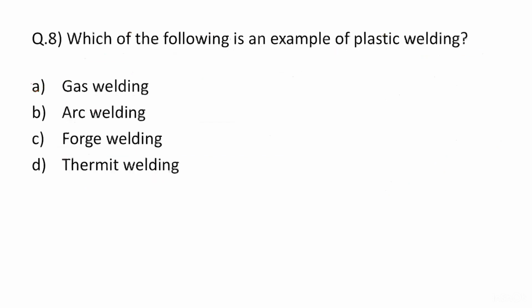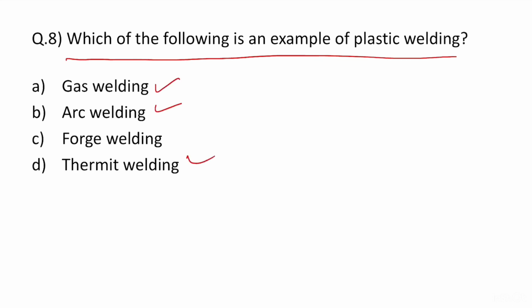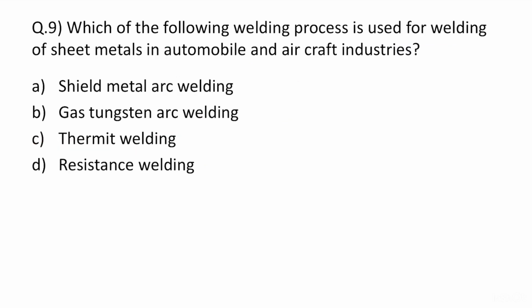Now the eighth question is, which of the following is an example of plastic welding? So plastic means the deformation will not happen in this and this. We are doing deformation in forged welding. Okay, first we increase the temperature, then we put the two surfaces like this, and then we hammer from here, so that they will get welded or they will get attached. So the answer is C. Forged welding is generally, if you have seen in the agriculture purpose in rural areas, they are using this kind of method.